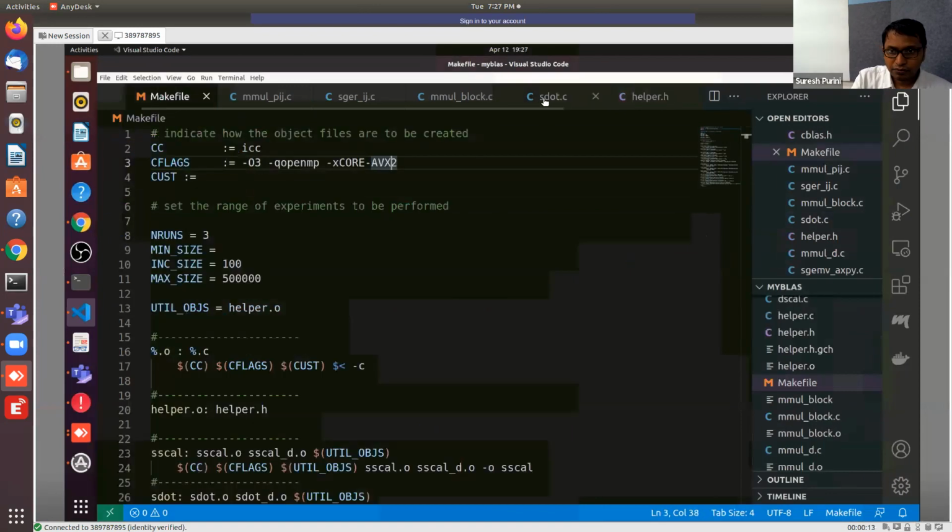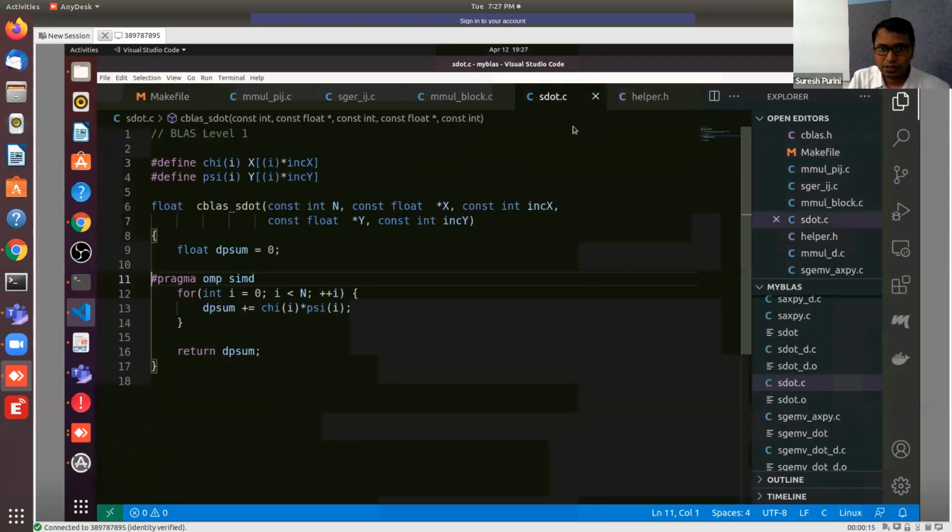IJP is done. We don't need S dot. Let's keep S dot here. Yeah. So now,